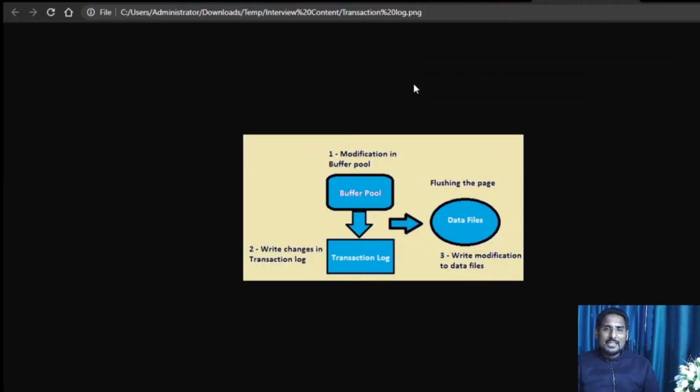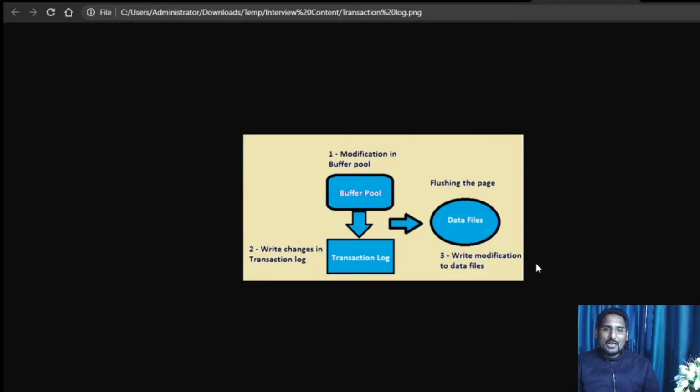So let's get started. For this, I have one image. That's a pictorial diagram which I was able to create, and let me take you through that. You can see that in this diagram, it has three boxes. The first box, as shown here, is the buffer pool. The second, the rectangular box, is the transaction log. And the third box is the data files. We'll try to understand how they are interlinked in Microsoft SQL Server and what precisely is happening here.